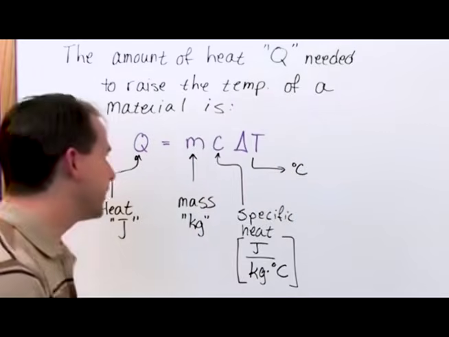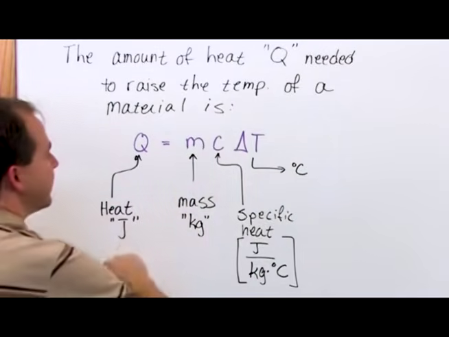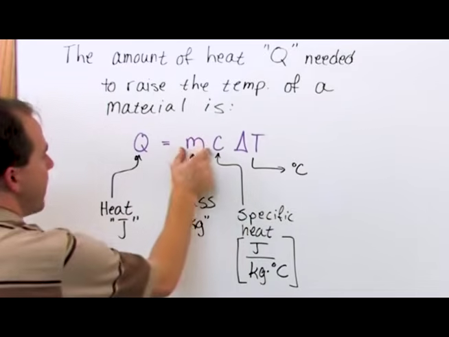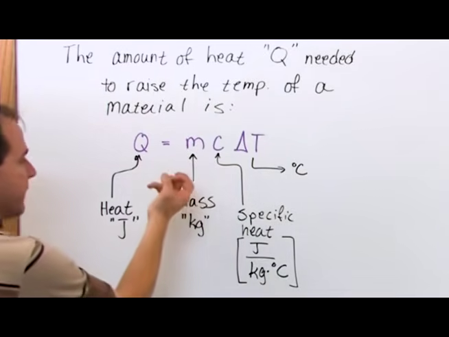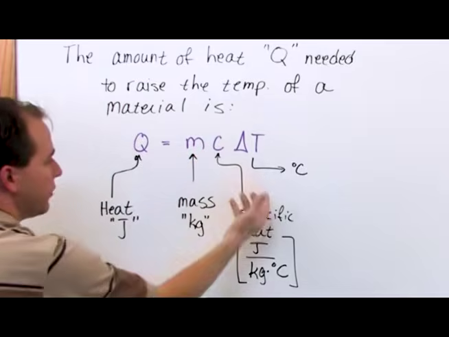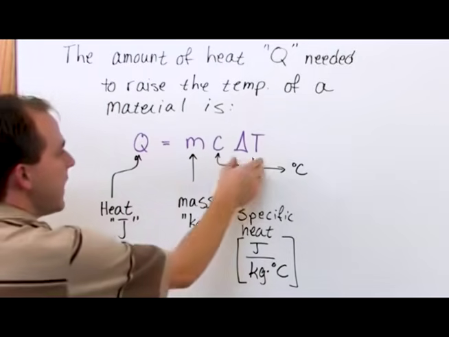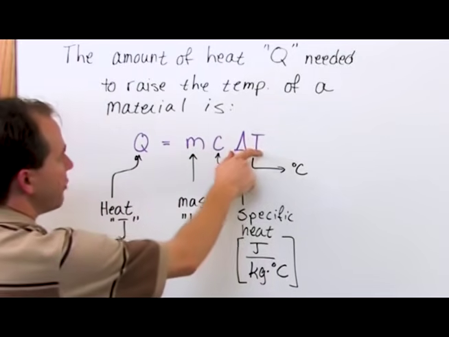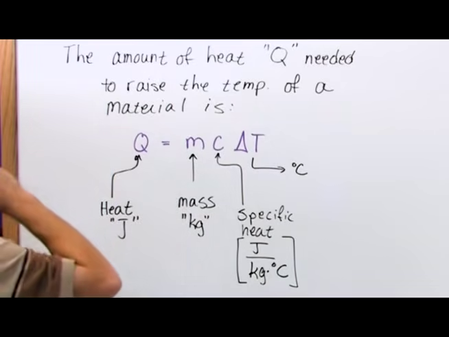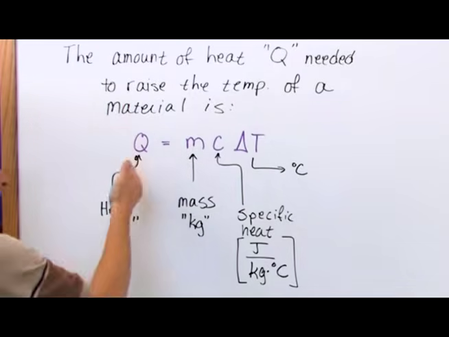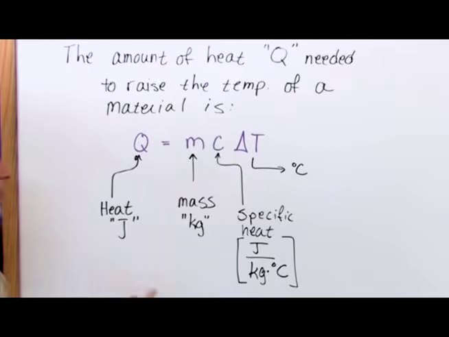So you see, it's really a brilliant equation. Whatever you want on the right-hand side, you just dump the numbers in here. The mass of the specific size and shape of the material you have, the specific heat, which depends on the substance you have, and then how much I want to raise or decrease the temperature. And what you have there is you're calculating how much joules it takes to do that. And it works both ways. If I'm adding